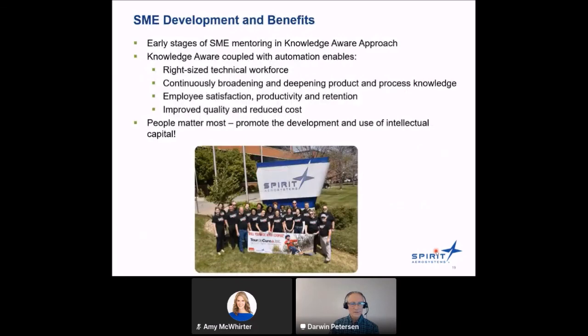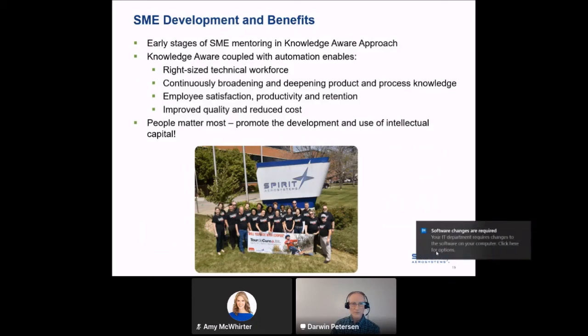We're also in the early stages of mentoring and developing some subject matter experts in the knowledge aware approach. We believe that knowledge aware coupled with automation enables right-sized technical workforce, that it really facilitates continuing to broaden and deepen people's product and process knowledge, which is just extremely valuable and should result in employee satisfaction, increased productivity, and retention.